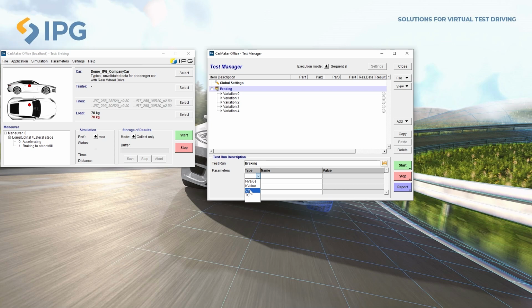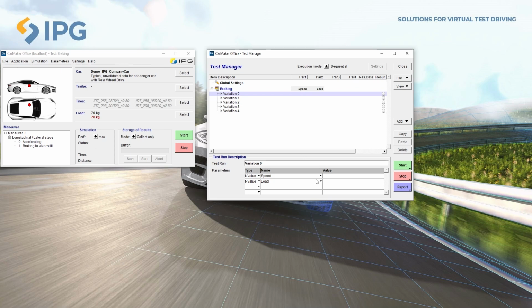In our case, we are going to consider only the name values, and we have 2 name values in our test one. So we also choose 2 name values, and we can choose the name values we have set in the test one. You can see that when I set up the name values here, the description is also updated in the GUI of the test manager. For the parameters now, when I click on each variation, the value has become white, which means I can edit it now.